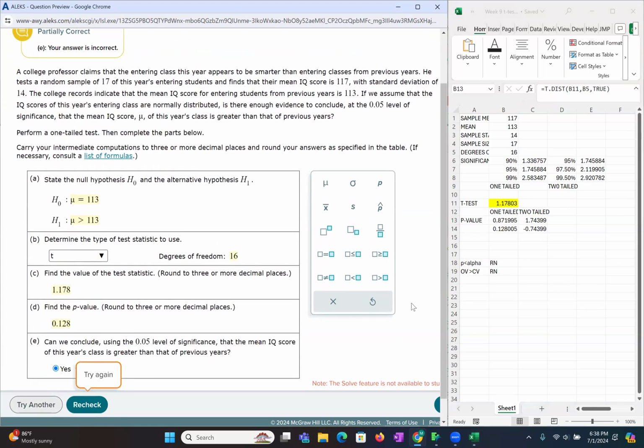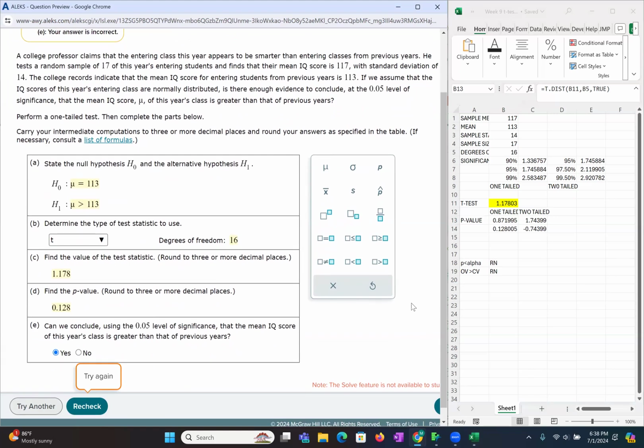Okay, stop and look at why. We conclude using the 0.05 level of significance that the mean IQ score of this year's class is greater than. They're saying that this is greater than. So they're saying that we are going to fail to reject a null. They're saying that the 0.05 is greater than